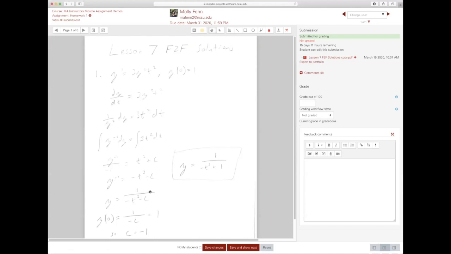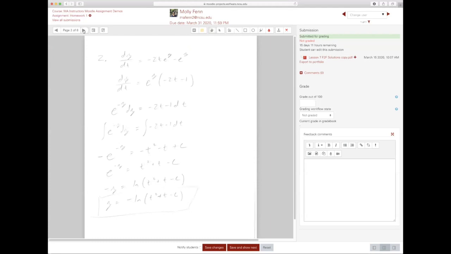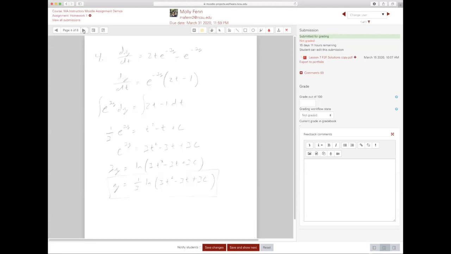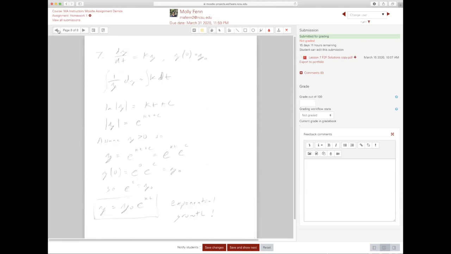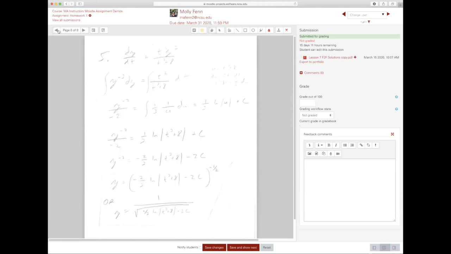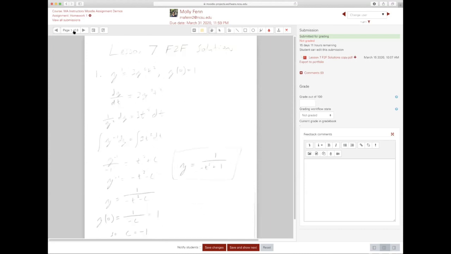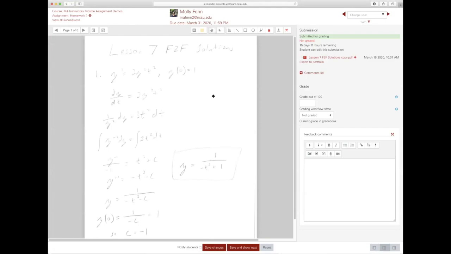Okay, so here's their file. I can come over here to page 1 of 8 in the top left corner, and I can click through the pages. So here is one way to see everything that they turned in. You can also download the PDF if you want to by clicking this up here. So this is her submission. It's a PDF. And if I click it, it downloaded to my computer. Okay, but again, this is going to be the most basic way of grading that doesn't involve using any additional